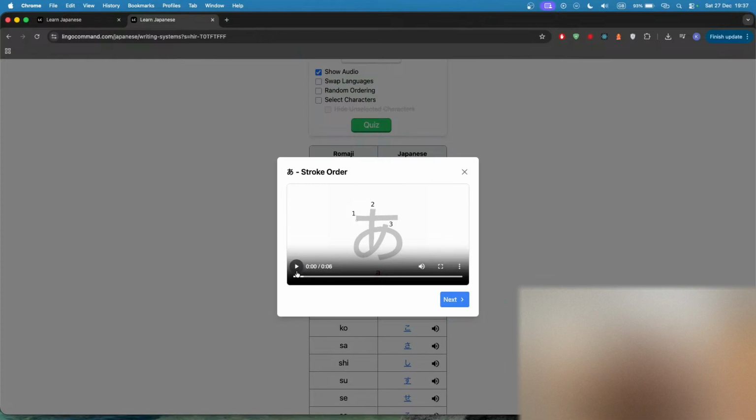So if we watch the video again with that in mind, we start here, go here, and then write this one. Now you might be wondering, as long as the character looks the same, what does it really matter? And perhaps that might be the case. However,